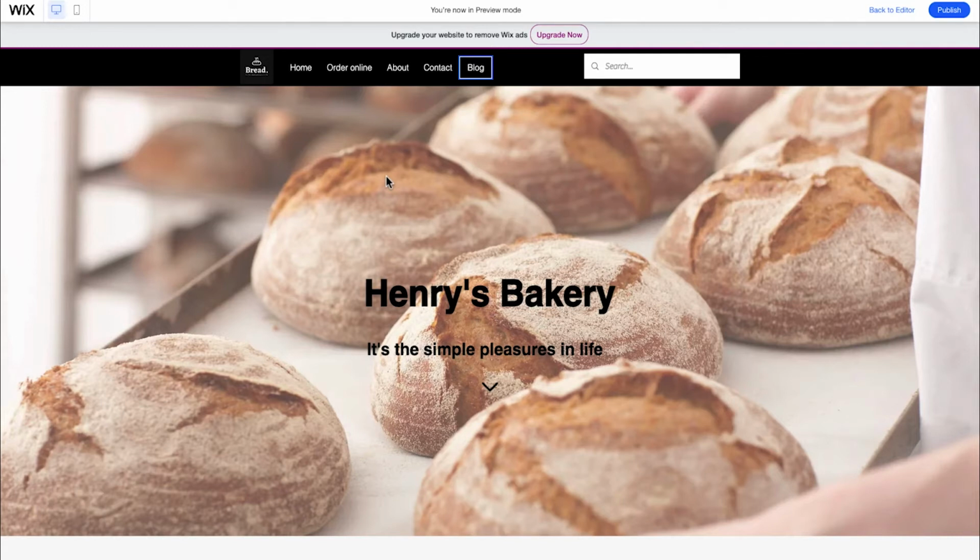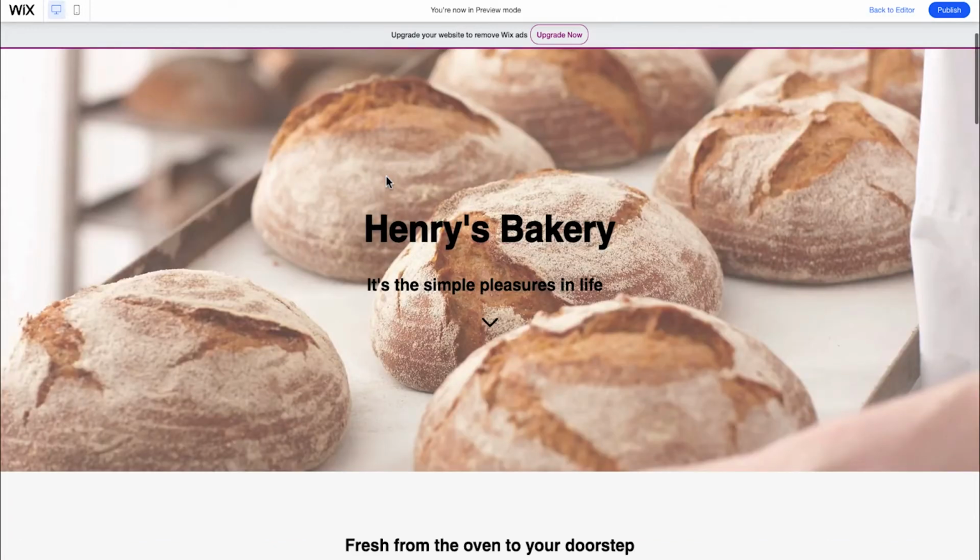Now, if I want to move backwards, I can press Shift-Tab, and it's going to move back through all my options. Now, the first thing that you should come to is Skip to Main Content, and that is awesome. We've already added it for you in the Wix editor, but a lot of sites don't even have this option. When you press the return key, it's going to take you into the main content of the website.